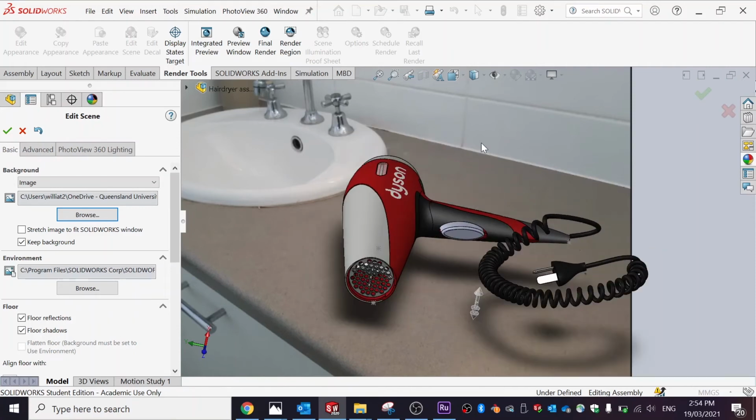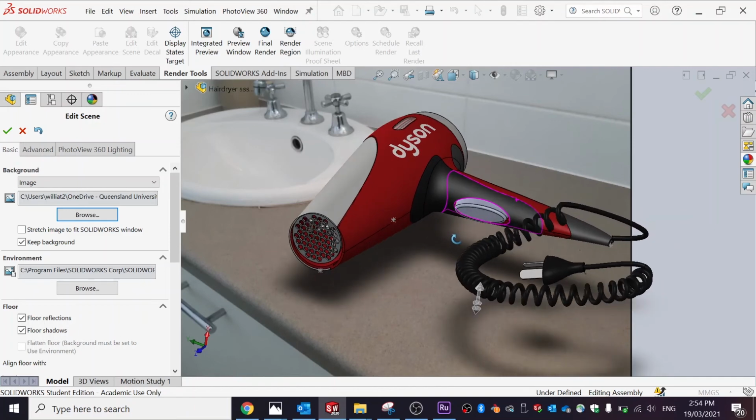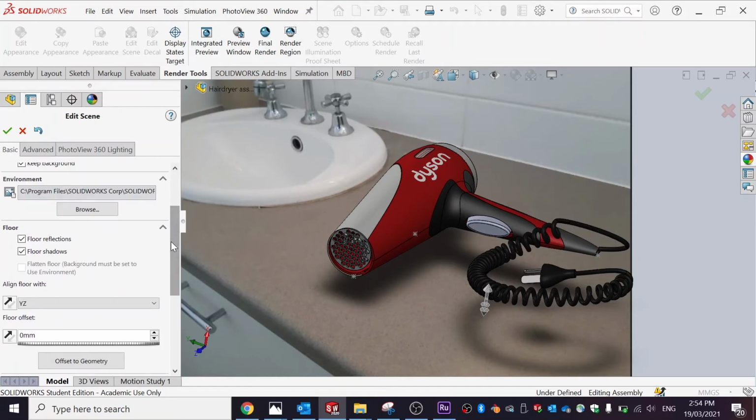You can see there's a shadow under the hairdryer, and that shadow is a little bit offset. And the problem with that is that the shadow doesn't actually touch the hairdryer, so it looks a bit weird. To fix that, we can go to the floor. Now, a floor is basically a theoretical plane that the object will sit on. So when the image is rendered, it will throw its shadows onto the floor. So what we need to do is to make that coincident with usually the surface of the bench top is